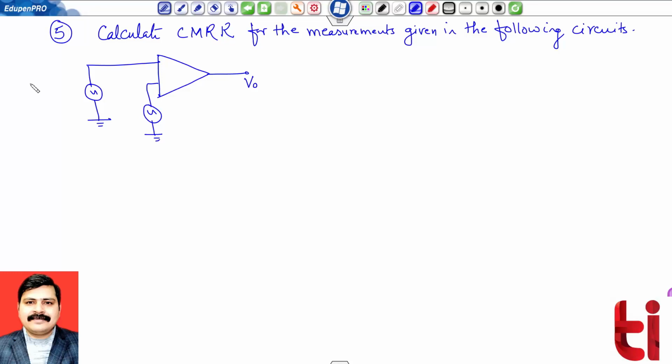Input voltages are given. This is V in 1, and this voltage is given as 0.5 millivolt to the non-inverting terminal. Inverting terminal V in 2 is given as minus 0.5 millivolt. So both values are given in millivolts, and the output voltage received with this measurement is 8 volt. So output voltage from this is 8 volt, and the second measurements are